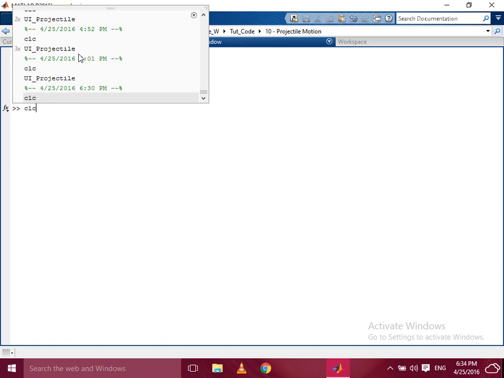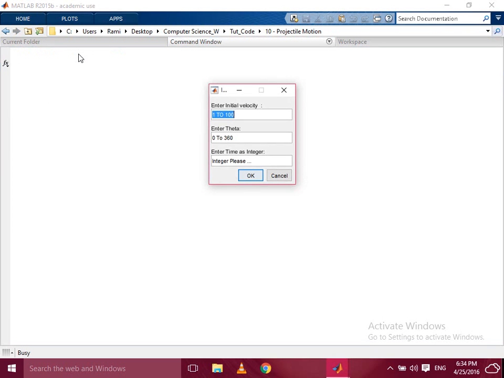Hello everybody. I'm going to give you a quick preview over what you are supposed to be building in this assignment, which is a MATLAB program that is supposed to draw or visually represent the projectile trajectory of an object, right? Okay, so this program I called UI projectile, and as you can see, it's supposed to ask the user